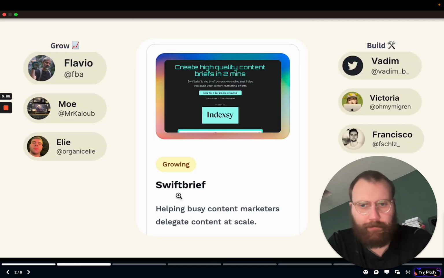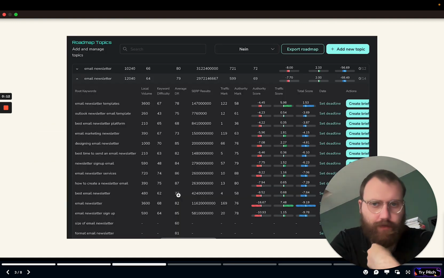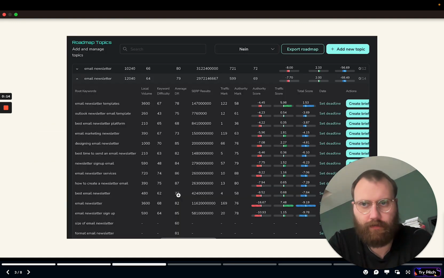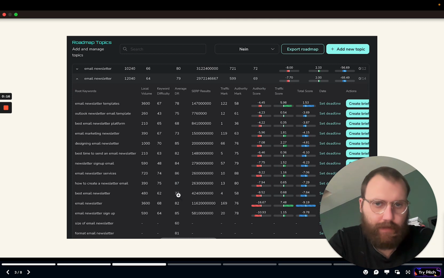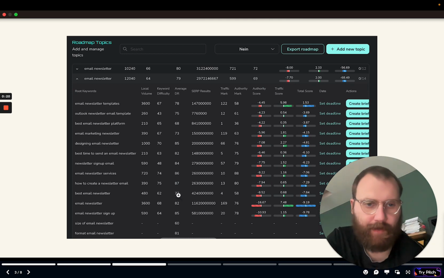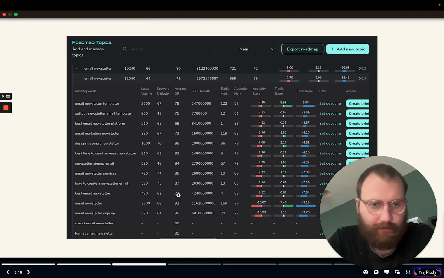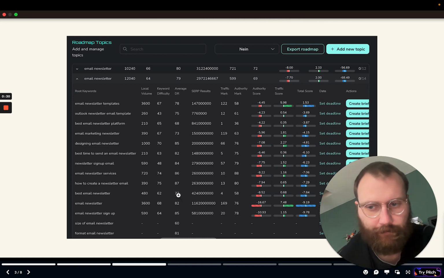So for Swiftbrief, our brief outline generator, we have continued to make progress on version 2 that will include a roadmap. We're still internally testing, trying to pick the whole thing apart, trying to settle some algorithms, trying to streamline the UI. So it's still pretty much work in progress, but we're very close to onboarding our first external